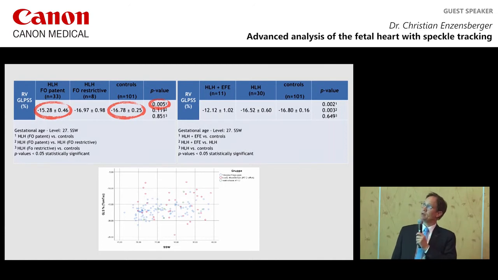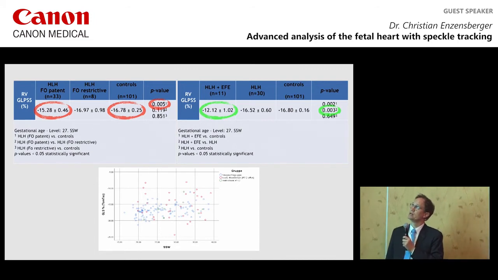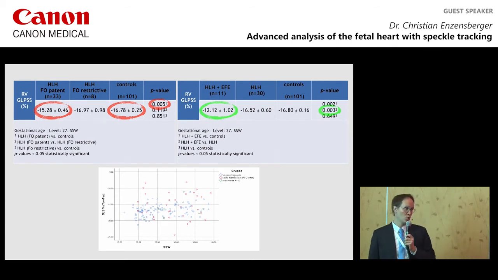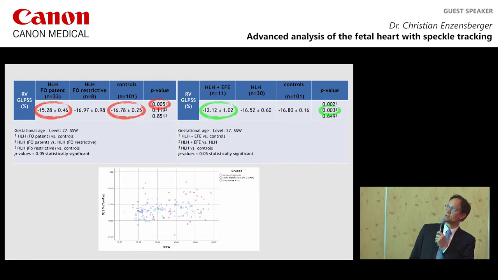Interestingly, here is the subgroup analysis of hypoplastic left heart with endocardial fibroelastosis compared to the control group. Here it's a very significant decrease in global longitudinal strain. You can see here minus 12 versus minus